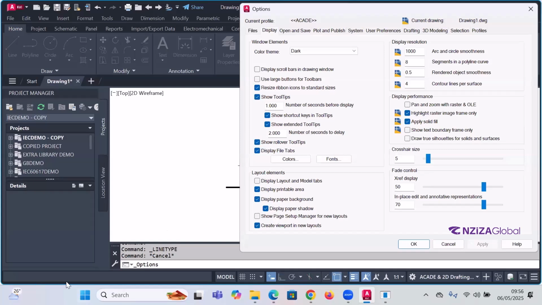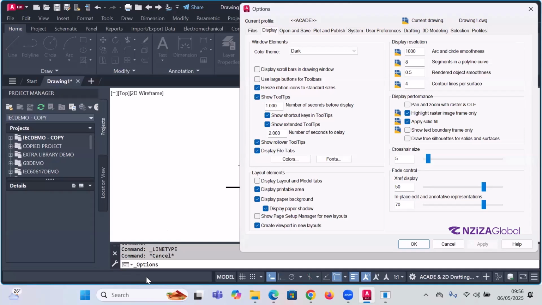Even here, you see that you cannot see model and layout. By default, in AutoCAD Electrical there is no model and layout. You can set it when you need it to publish using AutoCAD,